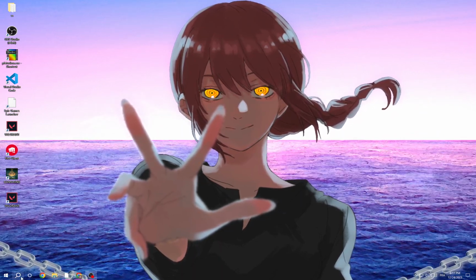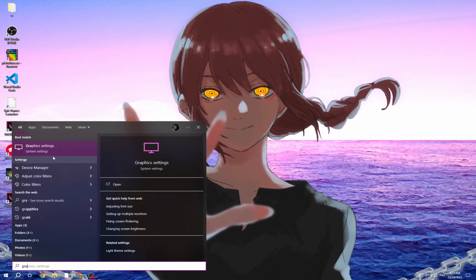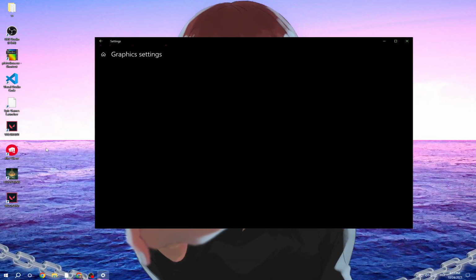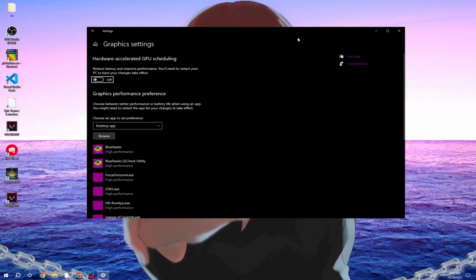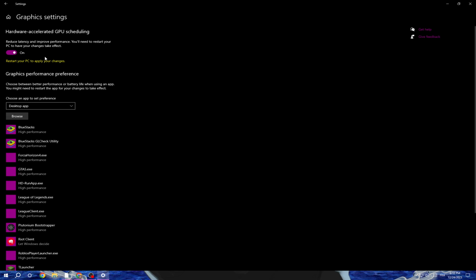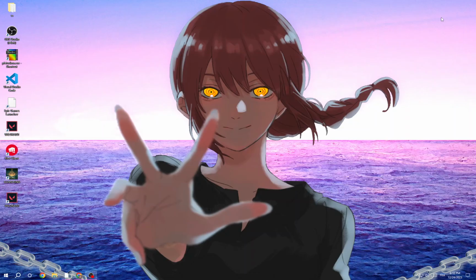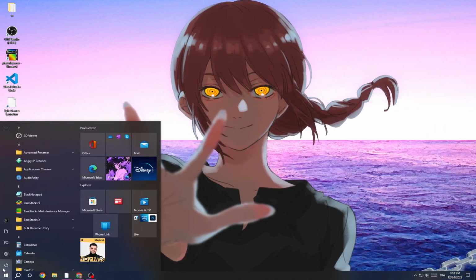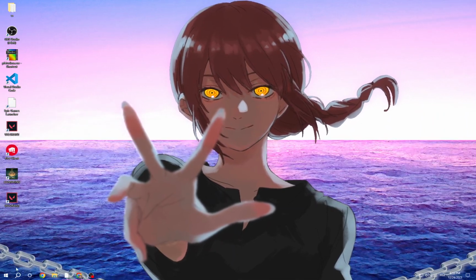First click here and then go to graphics settings, and now once you're here you will find hardware accelerated GPU scheduling. So now just turn it on and then close this one. After that you have to restart your computer, and after restarting your computer click here,